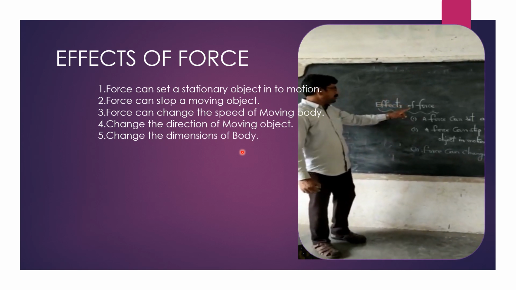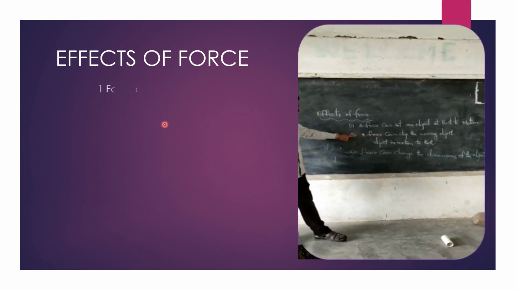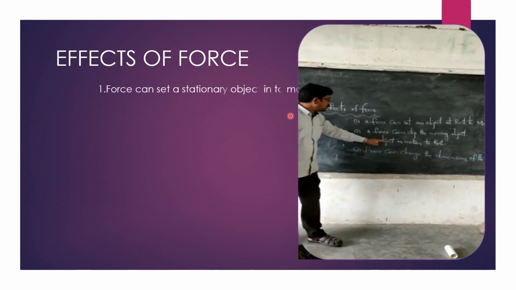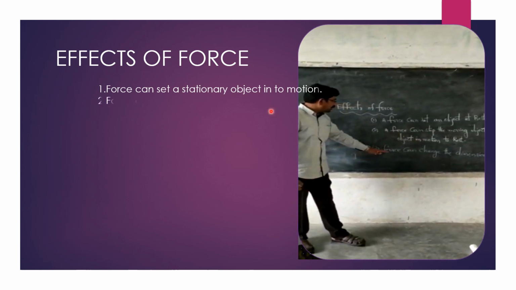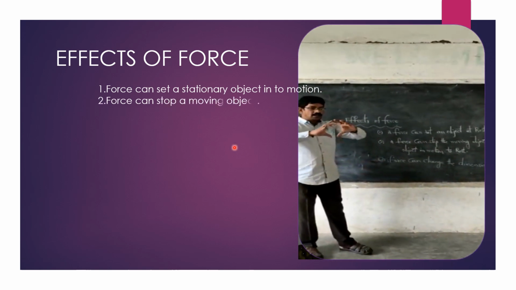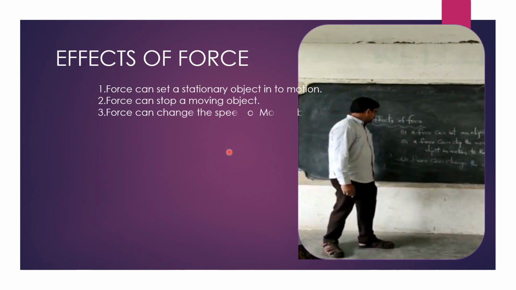So what are the effects of force? A force can set an object at rest to motion. Second one, a force can stop the moving object, that is, object in motion to rest. Next, a force can change the dimensions of the object. Dimensions in the sense, we can change the shape of the object by applying the force. The next one,